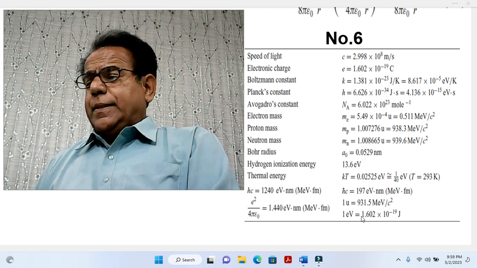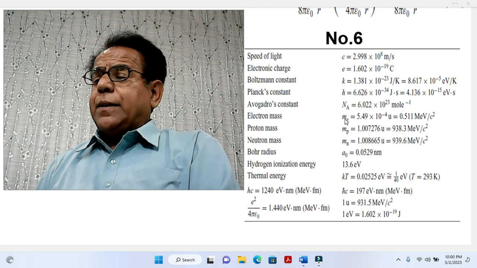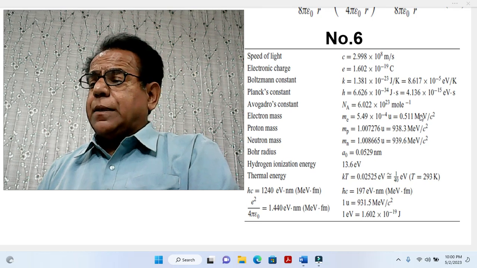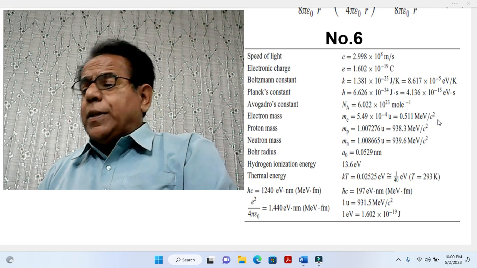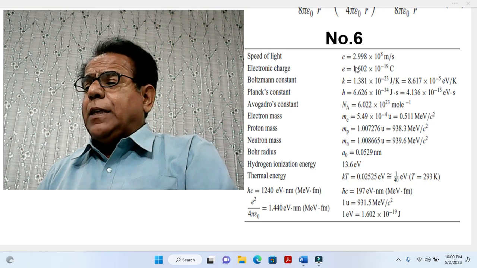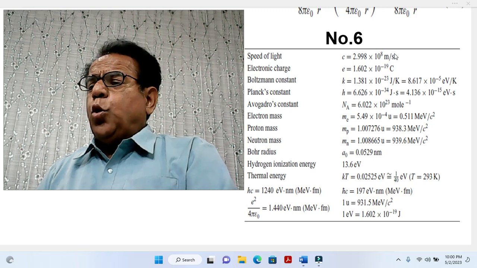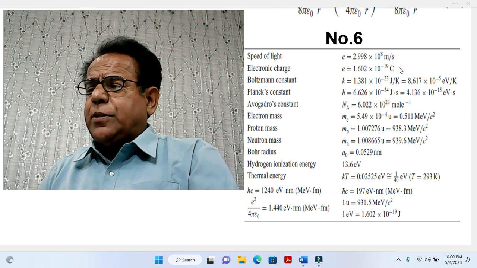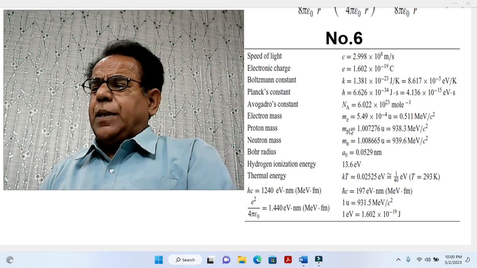Dear students, the mass of electron will also be used, 0.511 million electron volt over c square. So when over c square is used, then definitely this c will also be used, 2.998 into 10 raised to the power 8 meter per second. Moreover, this e, the elementary charge, 1.602 into 10 raised to the power minus 19 coulomb, may also be used,